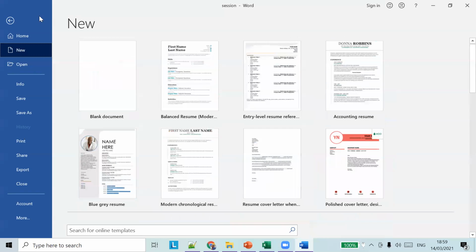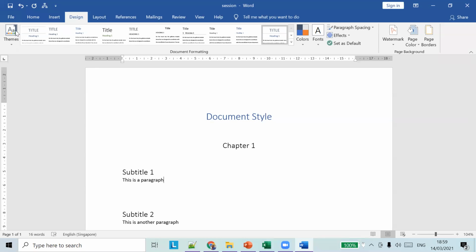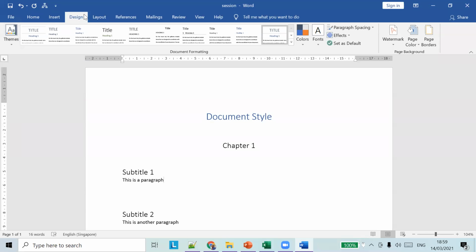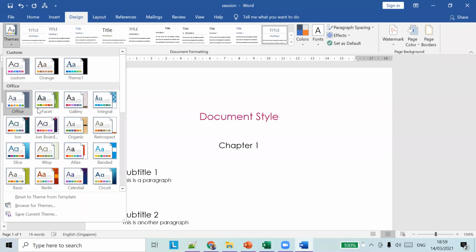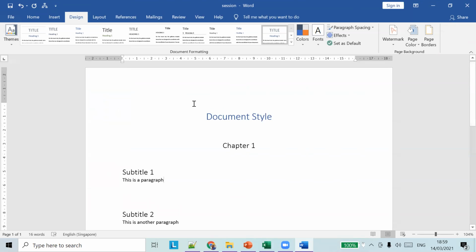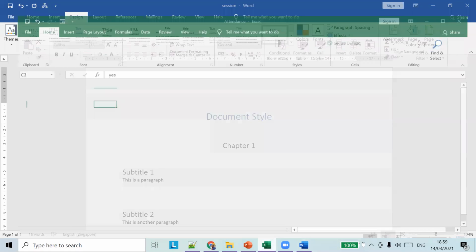What we did is override those themes and select a theme from the Design tab. Now I'm removing the theme which we applied and setting it to the theme of the template. This is how you reset a template's theme.